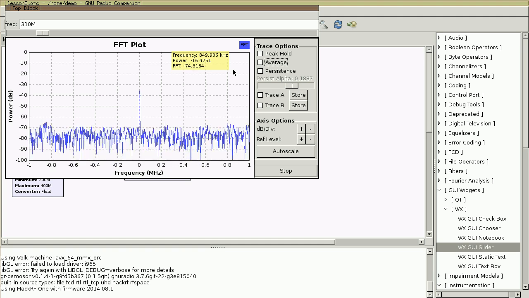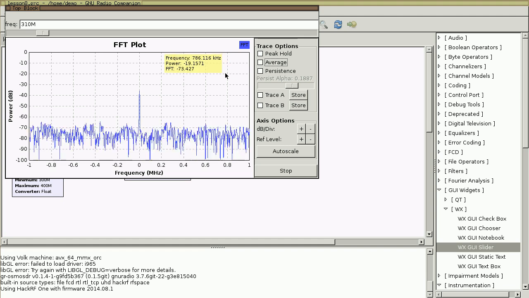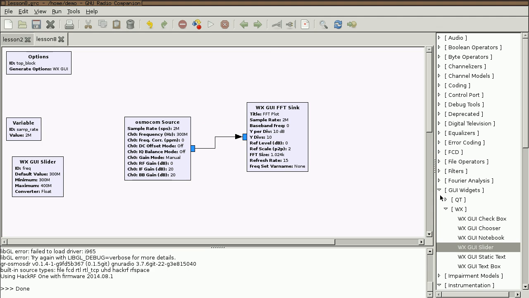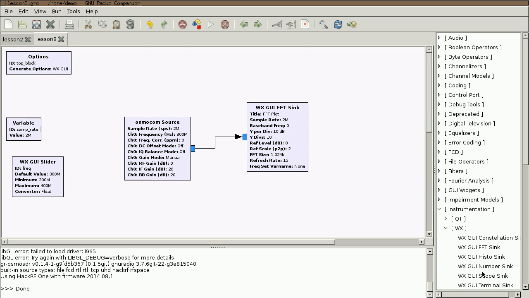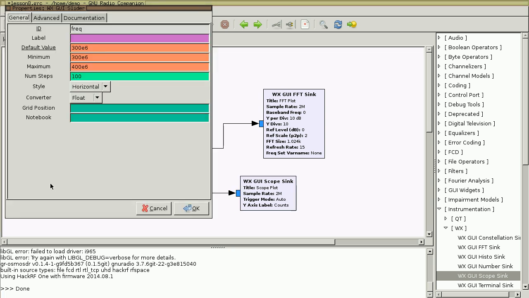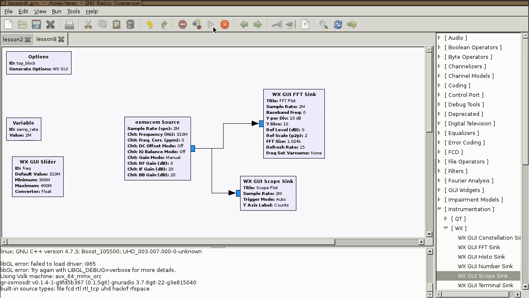Now, the next thing I'd like to do is to visualize this signal using a scope sink. A scope sink is like an oscilloscope. I'm going to stop this flow graph, and I'll use, under instrumentation, a WX GUI scope sink. I'm just going to connect that to the same source. So now I have one source going to two sinks. And I might as well set my default frequency now to 310 E6, because we know that that is the frequency we should be expecting this signal on. If I run this,